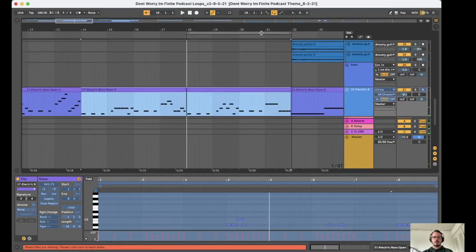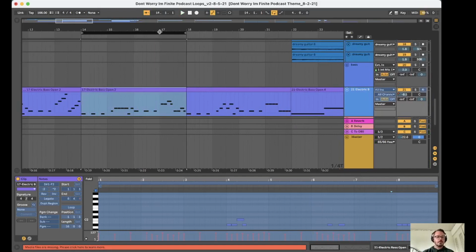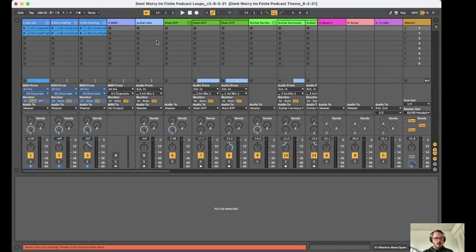There it is. Okay, so let's dig in a little deeper and check out some effects. Each of these tracks has multiple effect plugins on them. Effect plugins are little pieces of software that go on each track and change the sound, basically. So there's all different kinds. There's ones that affect the tone of it, or the volume of it, or the space of it, which is